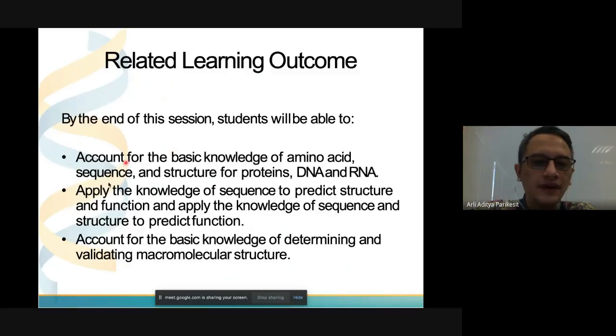We're still mingling around the sequence and structure of biomolecules. And the important learning outcome here is to predict the structure and the function of a protein. Because basically, if you can predict the structure, you can predict the function as well.